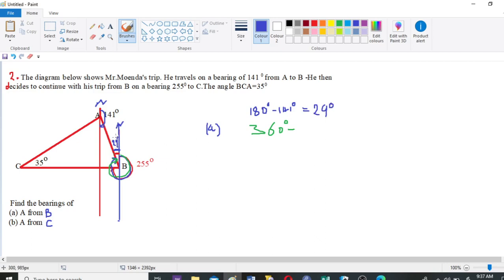Hope you are able to see it. If that angle is 29 degrees, it means we can find the bearing now by subtracting 360 minus 29 degrees, which will give us